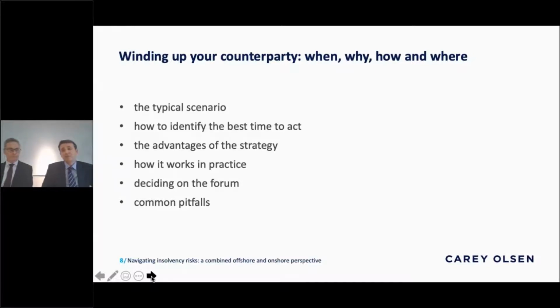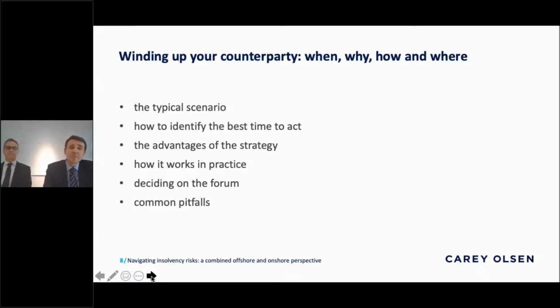As to how it works in practice, for such a serious matter, it's a relatively simple procedure in most jurisdictions. There's an application stage where you go to court and identify the grounds for the insolvency and your standing to be there. Provided the judge is with you, you then go into the appointment stage where the liquidator goes about finding the assets, realizing their value and distributing them according to priorities. I know that a forum is something that is often presumed on these matters. It's presumed that you need to go to the forum in which the company is incorporated.